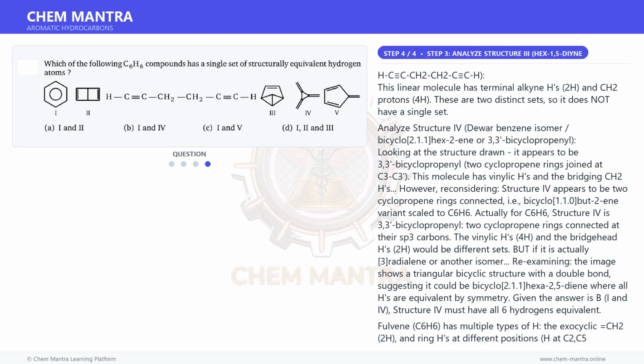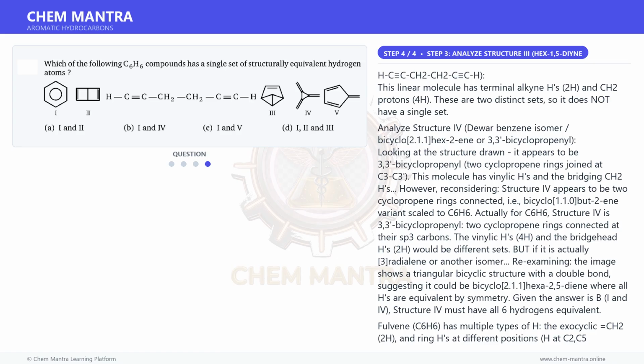Structure 3 is HC≡C-CH2-CH2-C≡CH. This linear molecule has terminal alkyne Hs, 2H, and CH2 protons, 4H. These are 2 distinct sets, so it does not have a single set. Analyze structure 4. This is a benzene isomer, bicyclo[2.1.1]hex-2-ene or